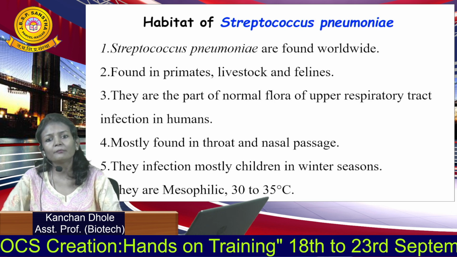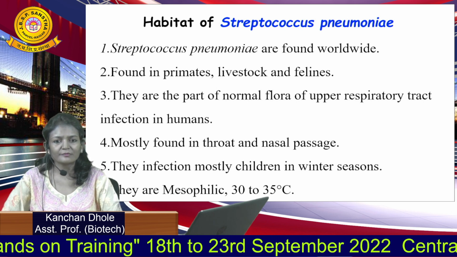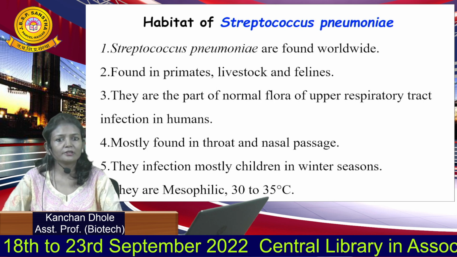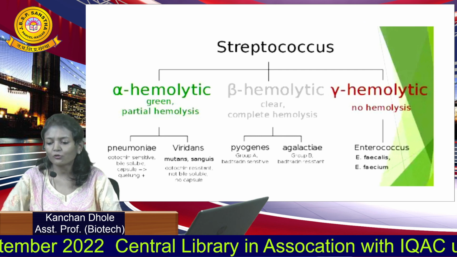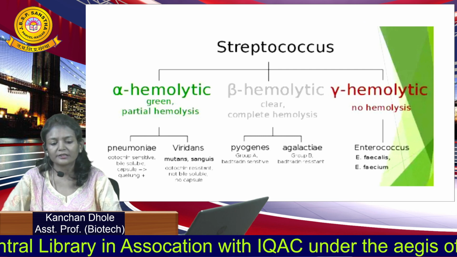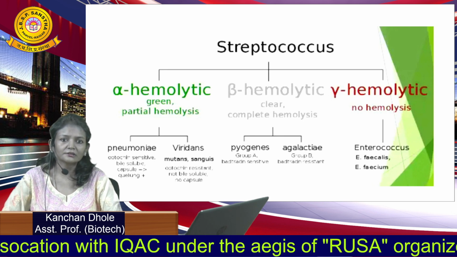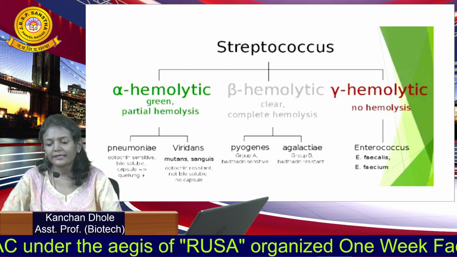Now what do we mean by mesophilic? According to temperature, organisms are classified into three categories: psychrophilic, mesophilic and thermophilic. Streptococcus is divided into three categories: alpha hemolytic, beta hemolytic and gamma hemolytic. So basically Streptococcus pneumoniae is alpha hemolytic. Why? Because